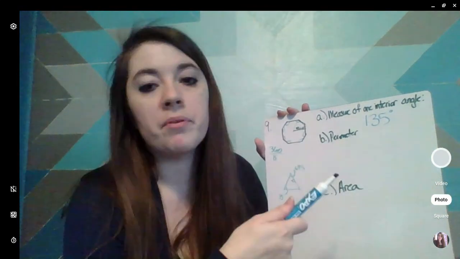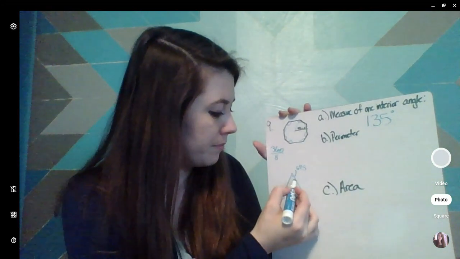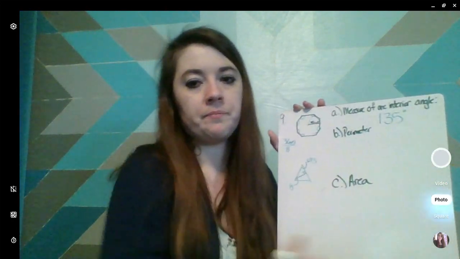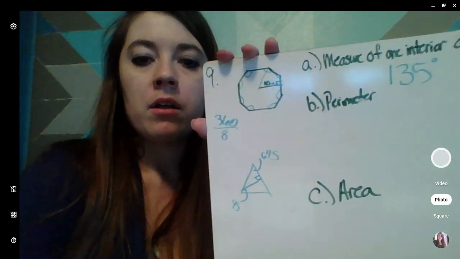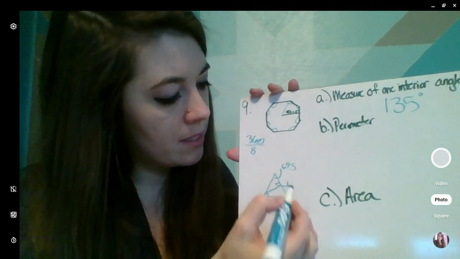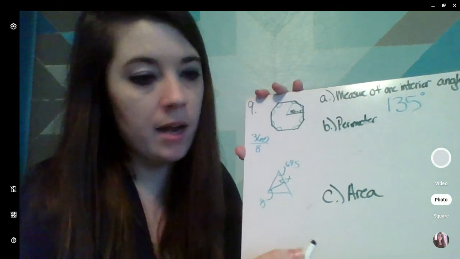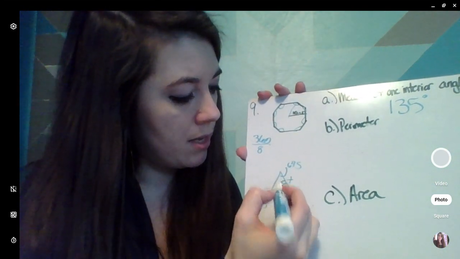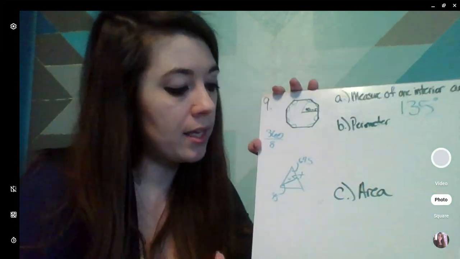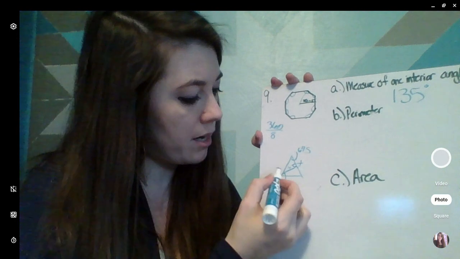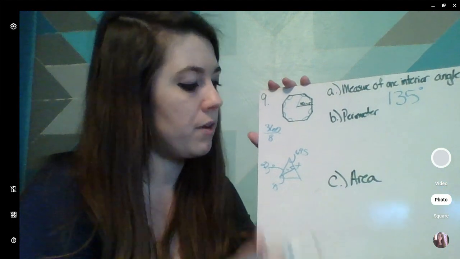All right, so now our perimeter. Do we know what the side length is? Nope, we do not. So referring back down here to this little triangle, we need to find what this value here is, the full side. We know that the apothem is 10. So we can solve for half of the side, and then we'll double it to get the full side length. Using the whole angle of 45, using 22.5 as our angle of reference,